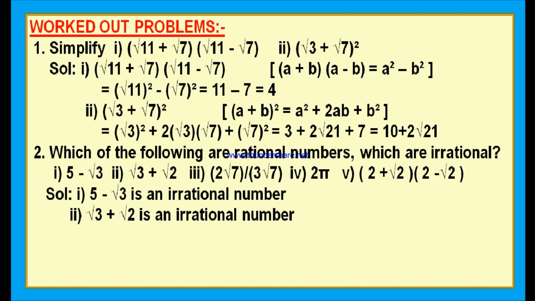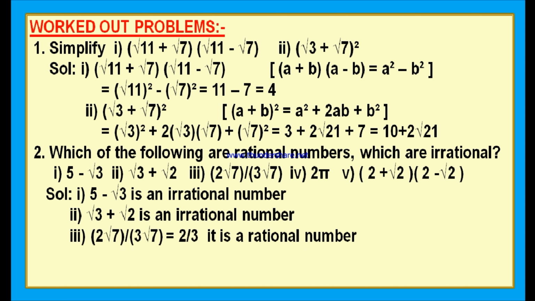But of course, these proofs may be done in 10th class. Whenever you come to 10th class, you can prove 5 minus root 3 is an irrational number, and you can prove root 3 plus root 2 is an irrational number. You can take that root 3 is non-terminating non-recurring and root 2 is also non-terminating non-recurring. If we add two non-terminating and non-recurring decimals, we will get again the same type of decimal number, therefore it is an irrational number.